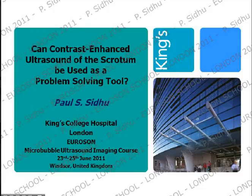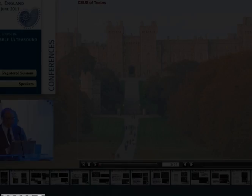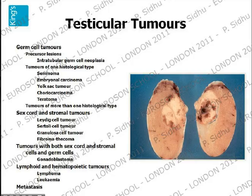Testicular tumours are a problem of the young, fit man. It's a 20-year-old tumour, and it's rare. It's not that common. Six in 100,000 is the highest prevalence or incidence in the world, and that's in Denmark. But once you get this, it's quite a devastating abnormality psychologically for the man as well, though the cure rate